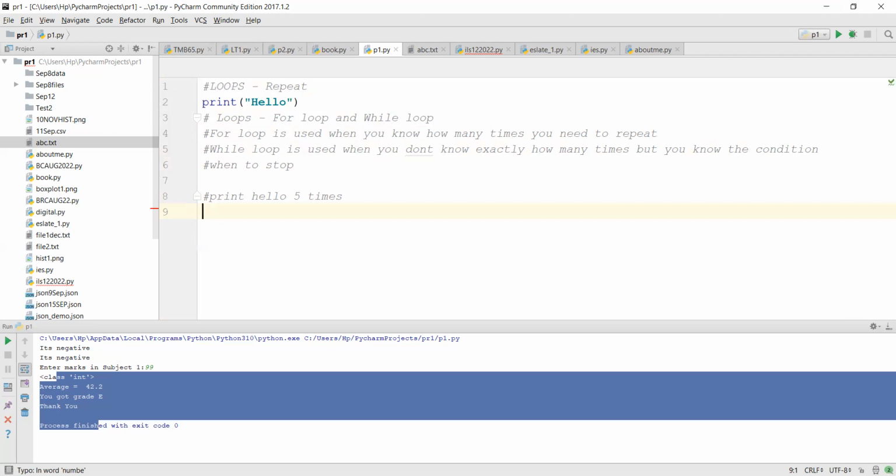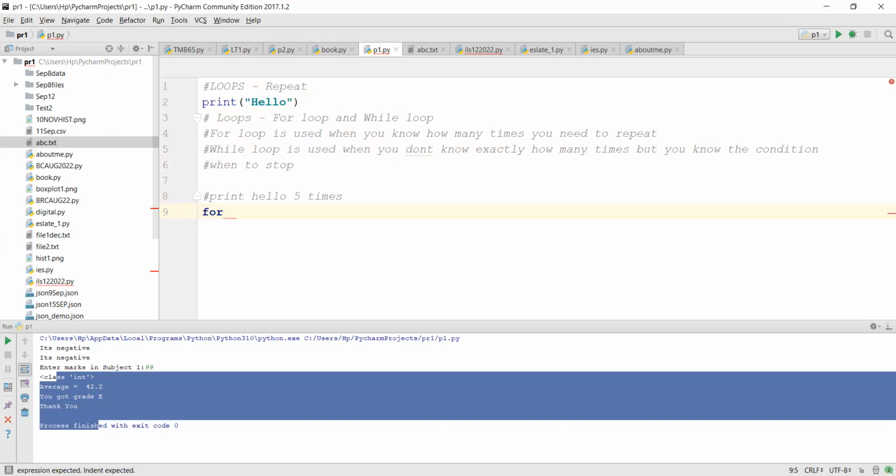A for loop always starts with for, and for should be all lowercase. About 90% of the commands are lowercase. There are some commands which use uppercase, and we'll talk about that later. But most of the commands in Python are all lowercase. So since it's a for loop, it begins with for, just as an if statement begins with if. For will begin with for, followed by